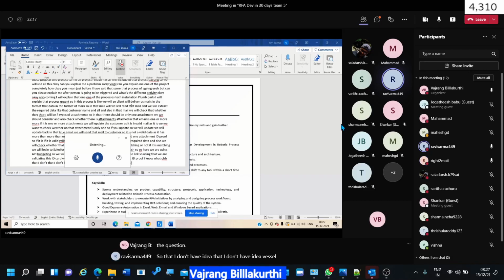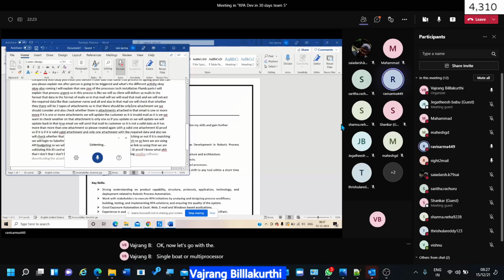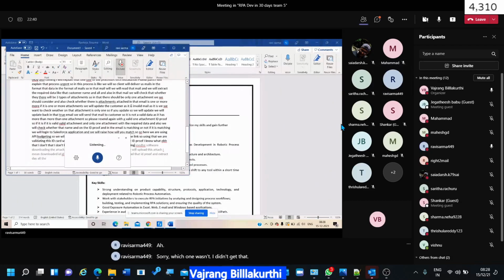Okay, let's go with single-bot or multi-process architecture. Have you ever worked with multiple processes, dispatcher and performer? What exactly is it? Sorry, which one? I didn't get that. Dispatcher performer.